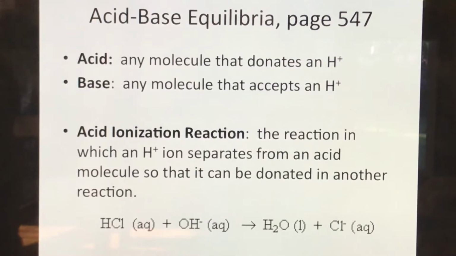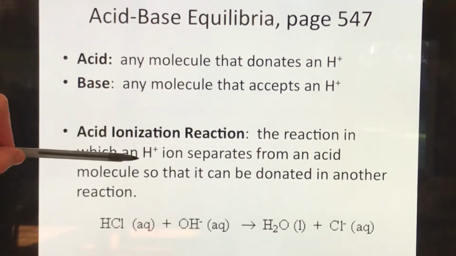Okay, then our module moves on to acid and base equilibria. Just to review, we know an acid is any molecule that donates a hydrogen ion, whereas a base is a molecule that accepts a hydrogen ion. What we were looking at first here is what's called the acid ionization reaction, which is the reaction in which the hydrogen ion separates from an acid molecule so it can be donated